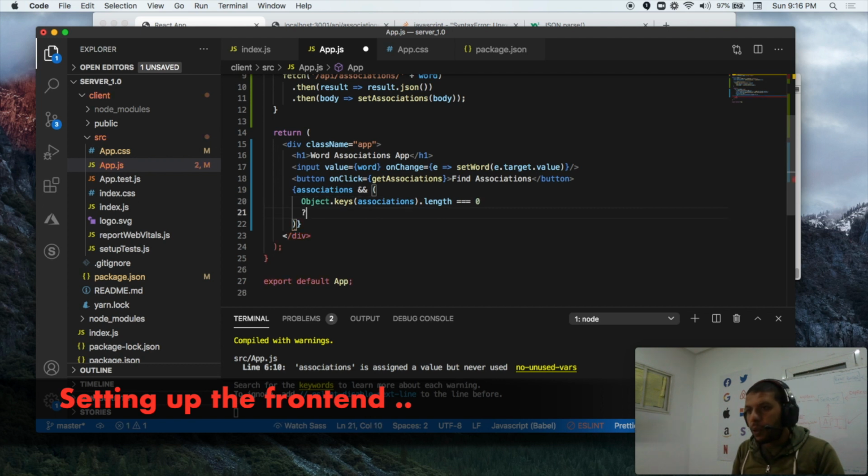If it is equal to 0, it means there are no results. So we're going to just return a paragraph that says no results. And if there are results,